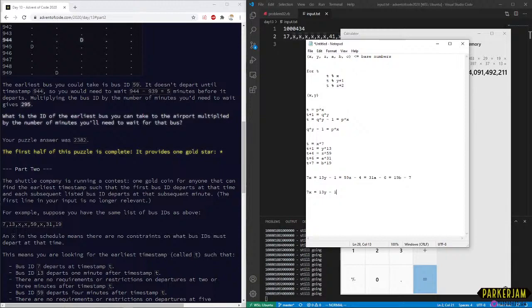So, we could technically say 7x equals, or y divided by 13.